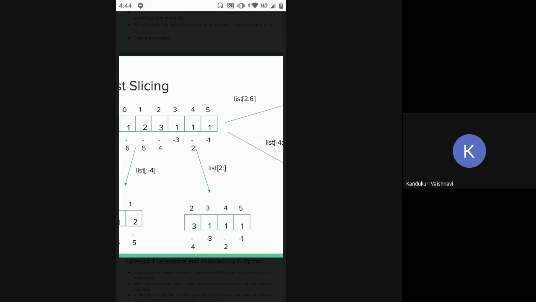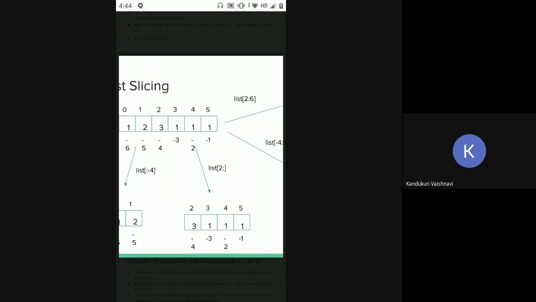Okay. Similarly, when we are using negative indexing, first of all, you have to put the indexes. You have to understand which element is present at which negative index. Whenever you are trying to use negative indexing, you will start from the last element of the list, and you will number the last element as minus 1. The index of the last element of the list would be minus 1. Then you will keep on going ahead to the left side, like minus 2, minus 3, minus 4.